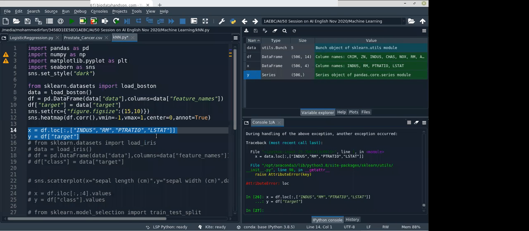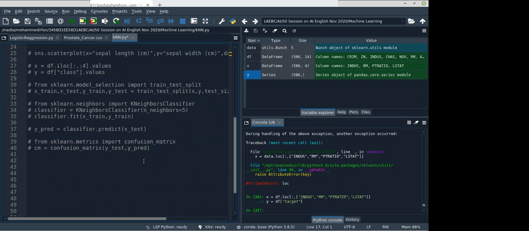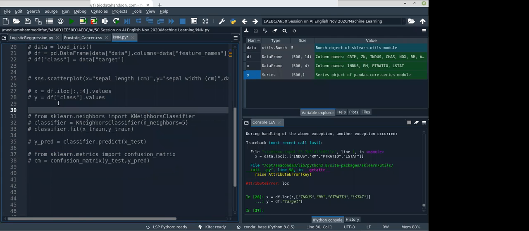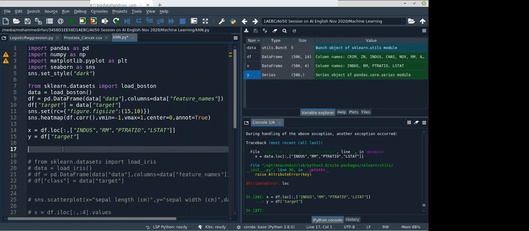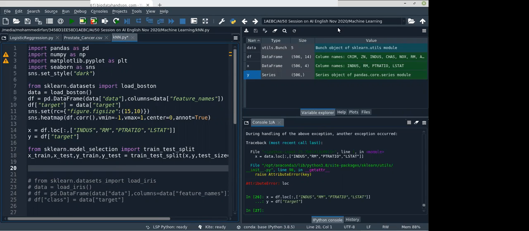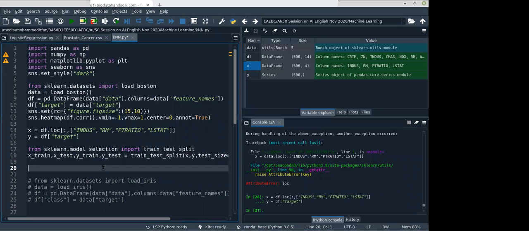Okay. And then now what we need to do is split into training and testing. So just copy this one. Okay. And then we need to standardize the scale. This is because the scale is different. You can see for the parameters the scale is different, so we'll standardize the scale.